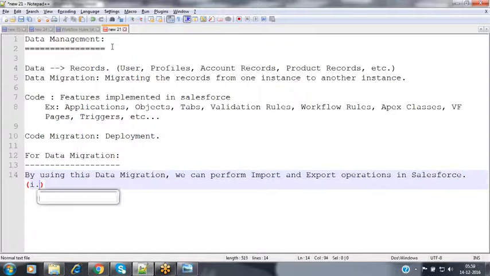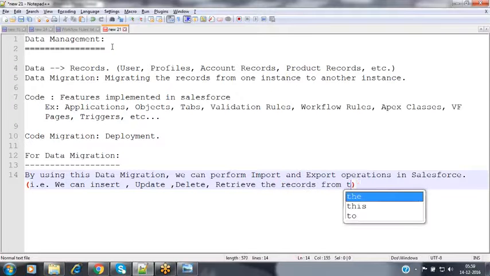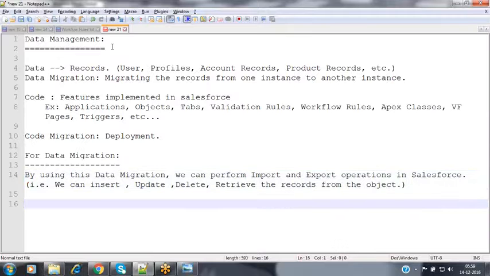That is, we can insert the records, update the records, delete the records, and retrieve the records from the objects. What are the various features available in Salesforce to migrate the data? We have different ways available.